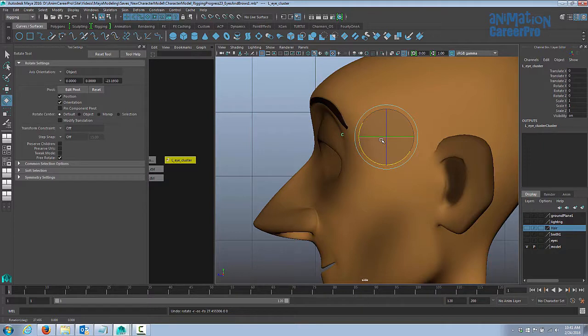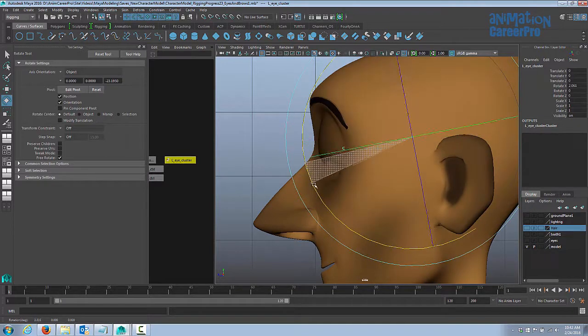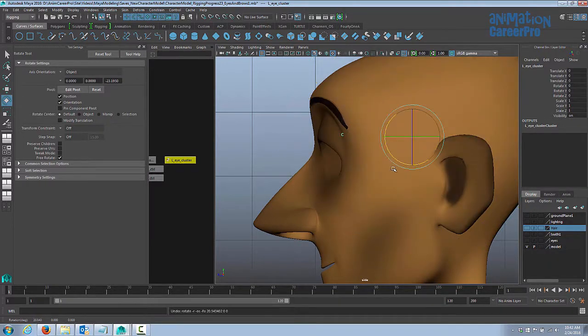And just to see the difference, you can hold D down again and move it back much further to see what the result is. Or if we move it closer and try that, you can see it sort of folds in on itself when it's too close. So we'll move it back. It might be different on your character if you're rigging a different character. If you hit the plus sign on your keyboard, you can increase the size of your manipulator, and that might give you a good idea of how it's going to react. I'm just going to put that manipulator back to where it was.